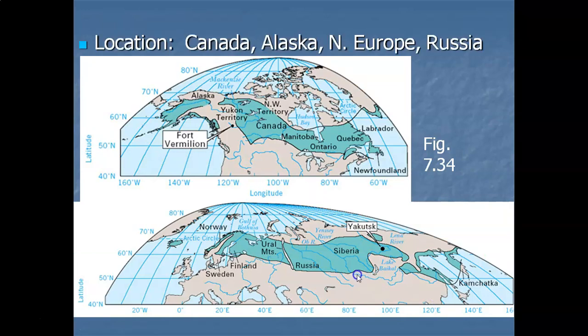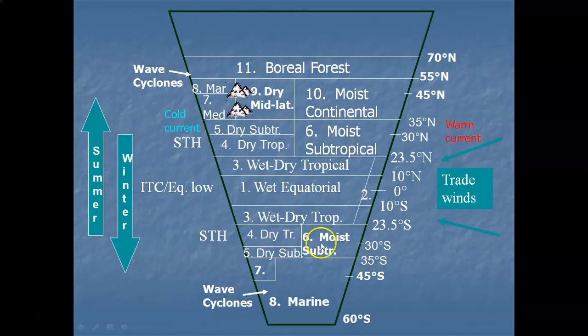So on our world map for North America, you're going to find this climate at very high latitude locations in Alaska, and of course Canada is what I usually think of. And then the other major world location is in Eurasia, Northern Europe and Russia and Siberia. It's pretty classic. So what we want to do is plot this at a high latitude location. We're going to be above the Arctic Circle in this case, and we'll plot the boreal forest climate, still influenced by wave cyclones, but it's where the continents are at their widest. That's what we also want to show. End lecture.